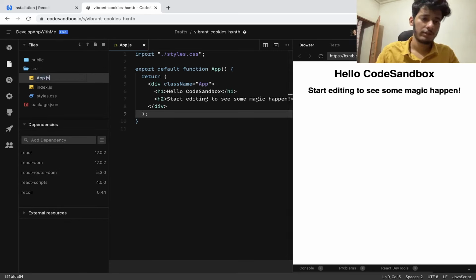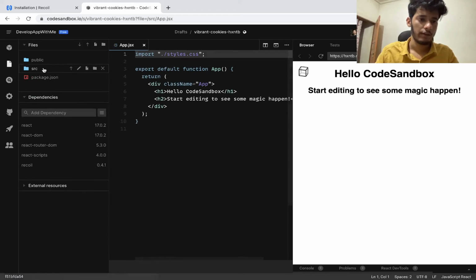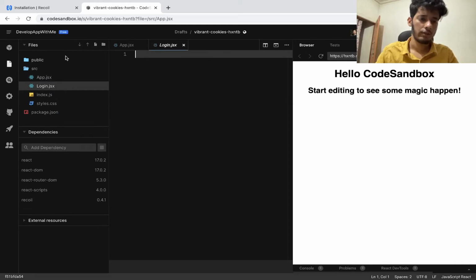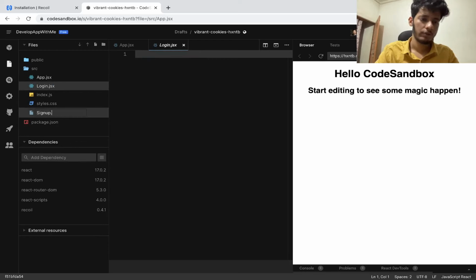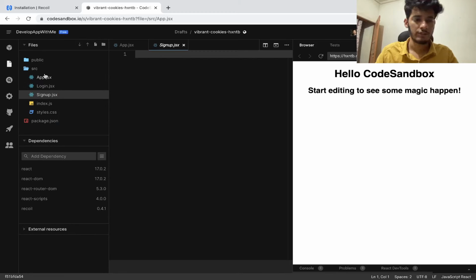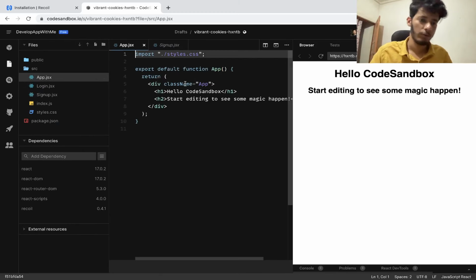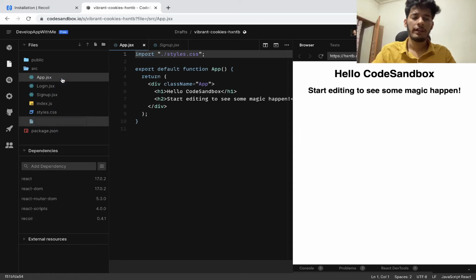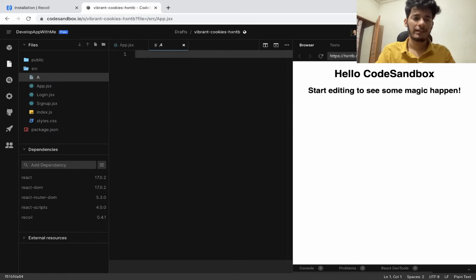By the way, we'll have this as JSX. Let's add one more page and we'll call it login.jsx. Let's call another one signup.jsx, and let's have this app, which is the app the user will be accessing. Let's say you want to store the authentication values globally throughout the application. So what we will do is create a file which will be called